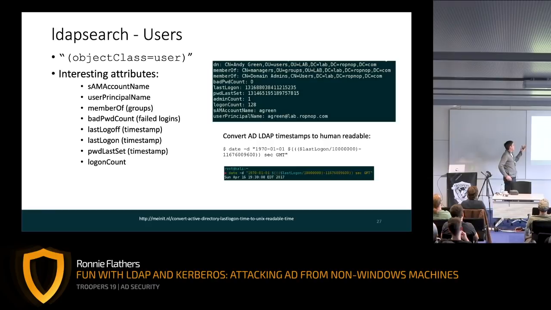So if you want to just start doing some initial mapping, use really broad filters to see the information that comes back. One filter I like to use is just objectClass. So objectClass=user is going to dump every single LDAP object that's a user object. And some of the more interesting attributes that are stored in LDAP for user objects